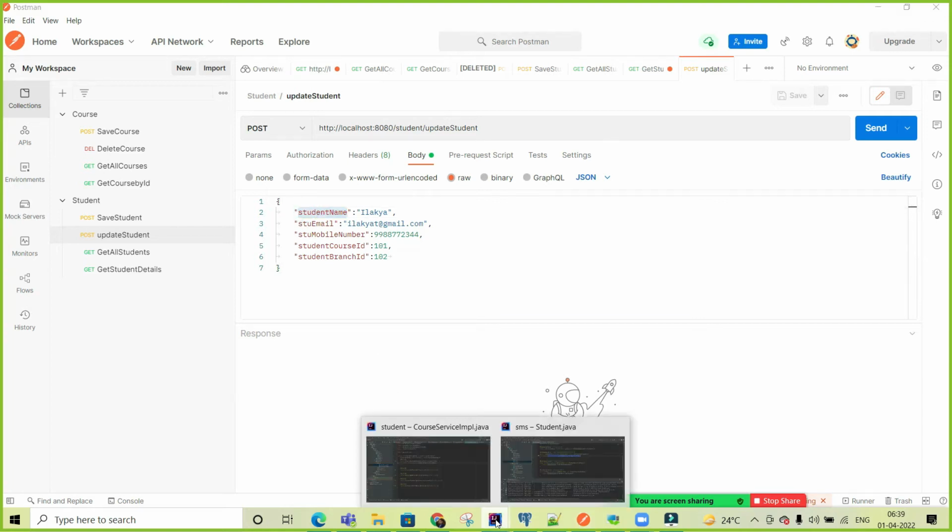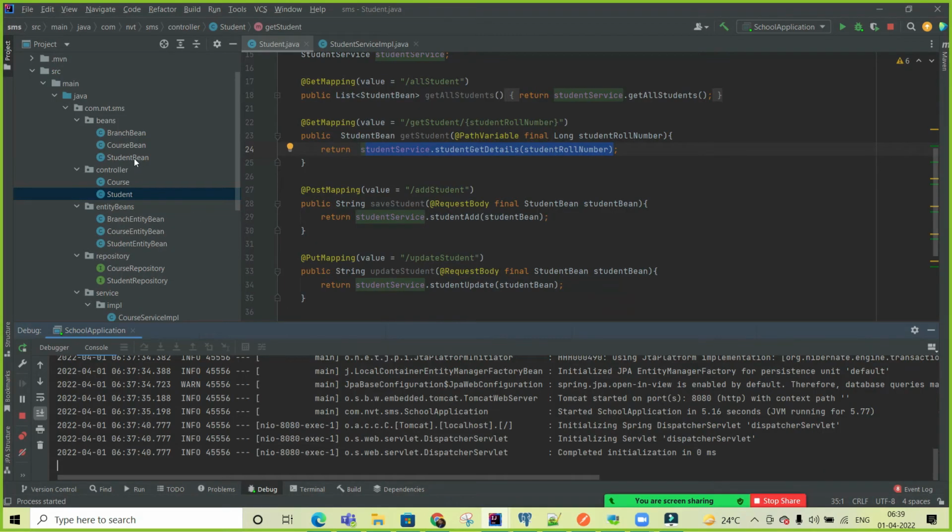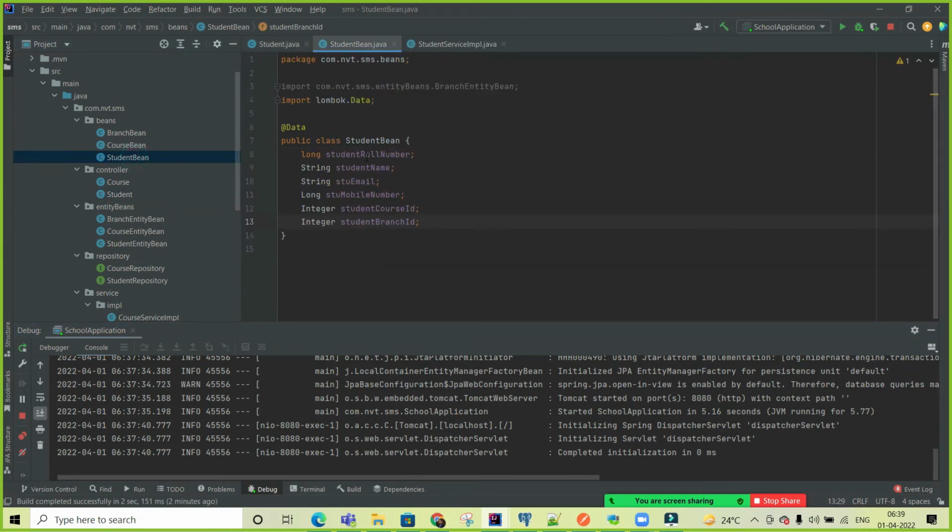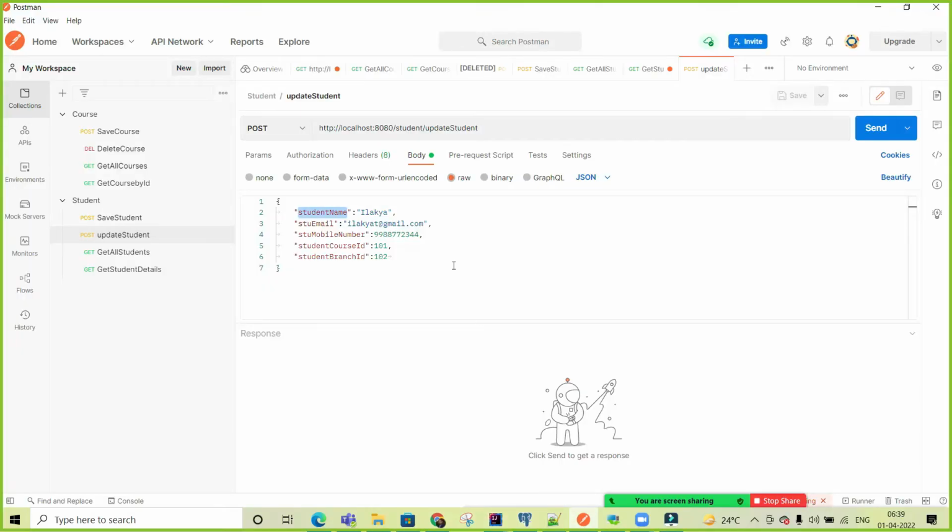And how will we check this field? Go to the entity bean. Oh, sorry, your beans, whatever you are exposing, this one. So now coming to that point, instead of post, it should be put, right? Yes, we will use student roll number. I am putting suppose 4, comma.